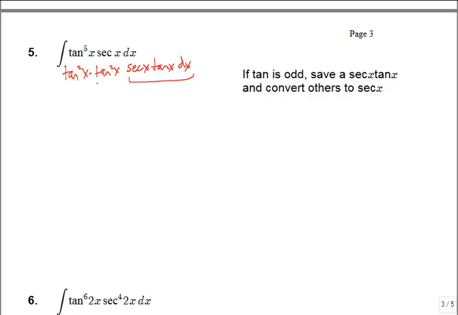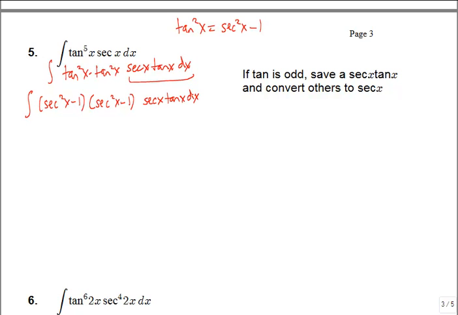And then I'm going to use my Pythagorean identity for tangents and convert both of these into secant squareds. The identity is tangent squared x is equal to secant squared x minus 1. I'm going to use that twice, here and here. So this becomes secant squared x minus 1 times secant squared x minus 1 times that secant x tan x